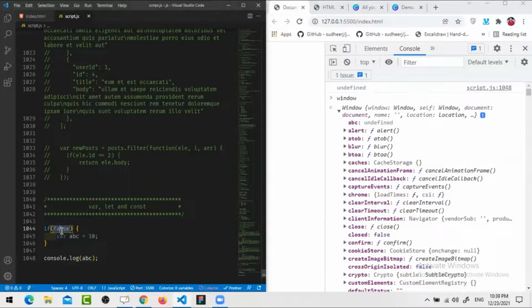But until and unless at the runtime or the execution phase this statement is true, it is not going to assign this value in it. So that's why you are getting this. This is also asked in interviews: what will be the output? Even though it is a function scope thing and you are able to access it outside, you will get the value as undefined only, because this is false. If it is true, it will allow this line to execute and assign the new value in it. And then you will be able to print